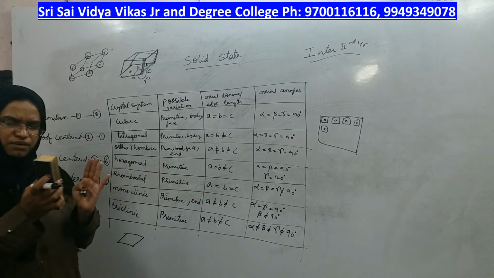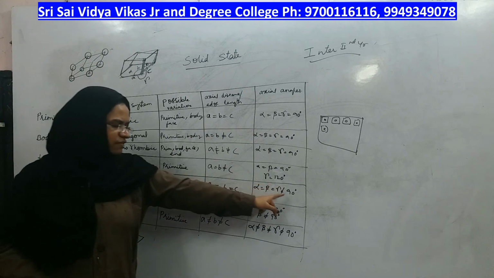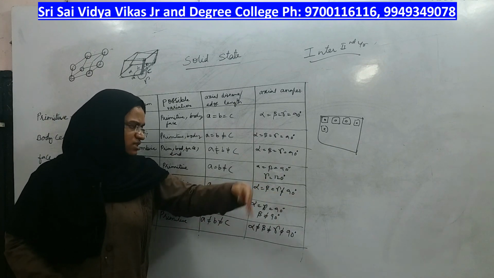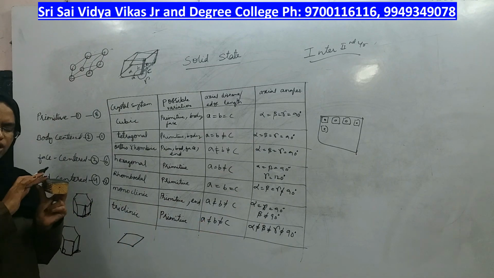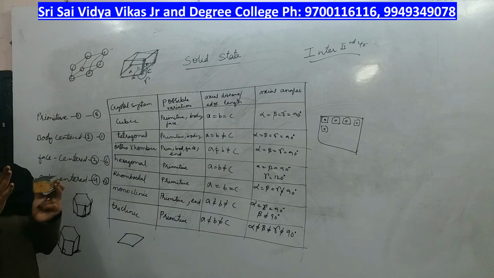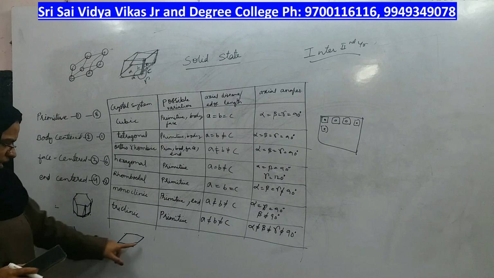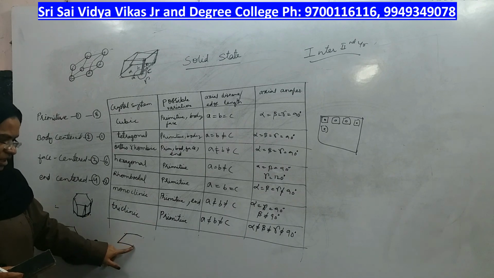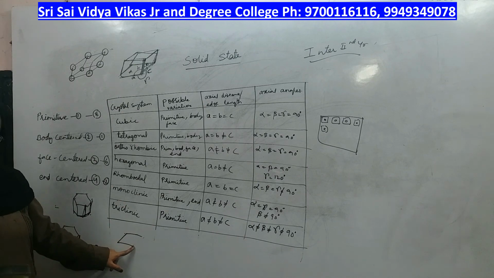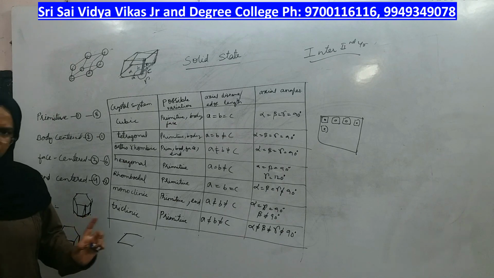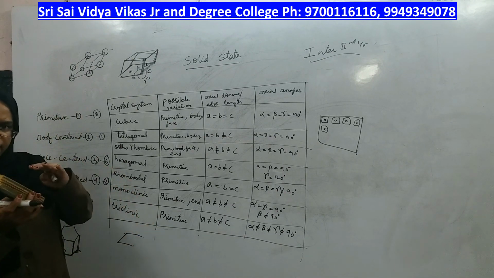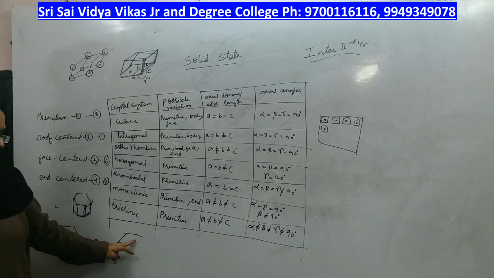But as it is becoming a little slanting, gamma will not be 90 degrees, it is other than 90 degrees. Alpha and beta will be exactly horizontal, but gamma will not be exactly vertical, it will become a little slanting, therefore the angle changes from 90 to something else. Alpha and beta are 90, but gamma becomes slanting and not 90 degrees, right.